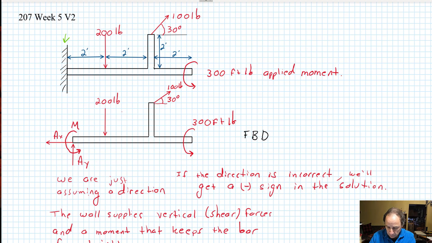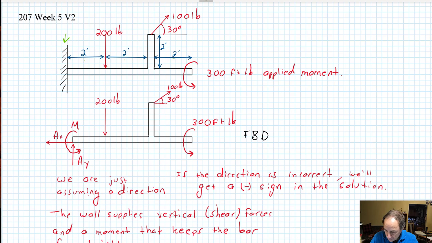So we have the bar horizontal with this vertical component. We have 2 feet, 2 feet, 2 feet, 2 feet for all our dimensions. There is a 200-pound load at 2 feet from the wall, and there's a 100-pound load at a 30-degree angle with the horizontal at 4 feet from the wall, up at the top of this vertical component. In addition, there's a 300 foot-pound applied moment